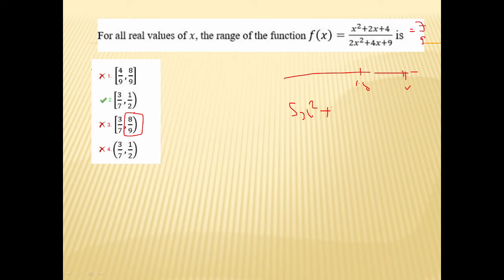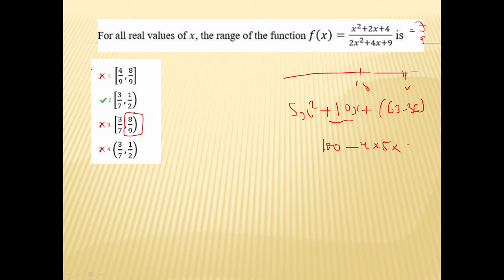9 to 18, 7, so 10x. 9 4 36, 9 4 36, 9 7 63, 63 minus 36. You don't need to actually solve this. See, this will be 100. 4 into 5 is 20, and this will be approximately 30 and 3 is 27.